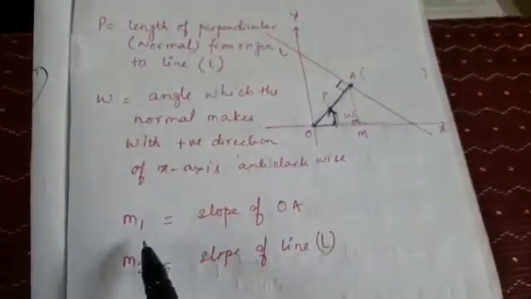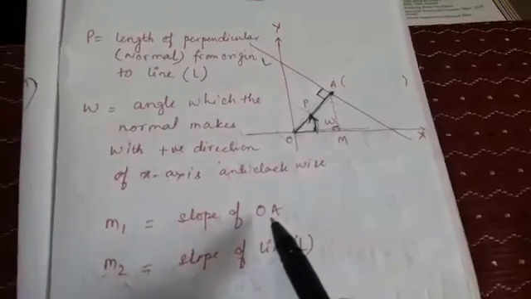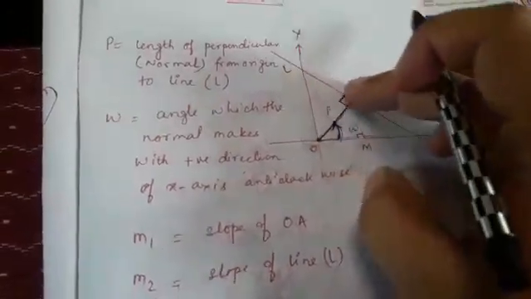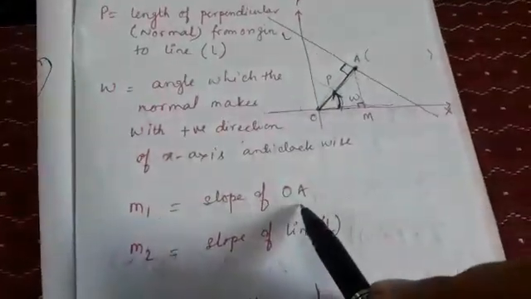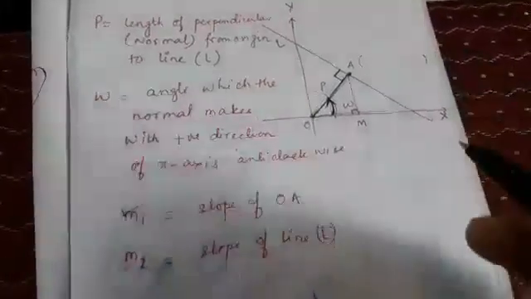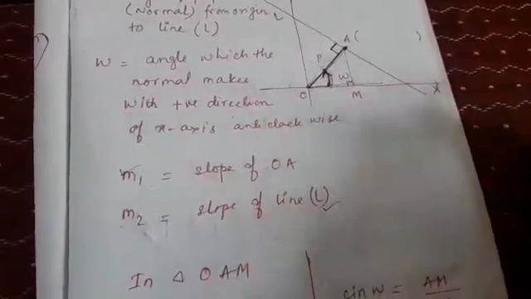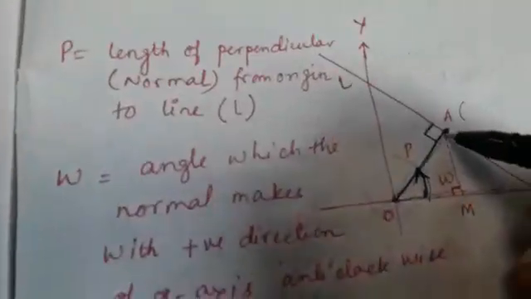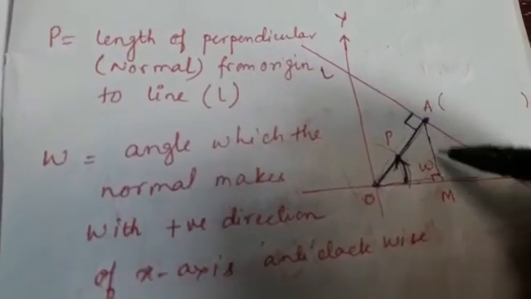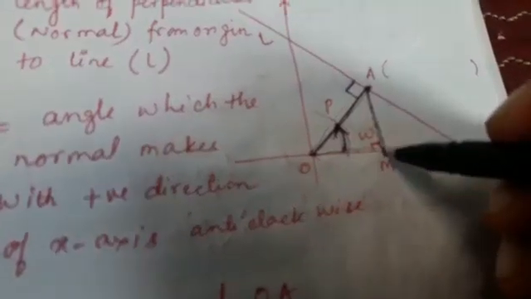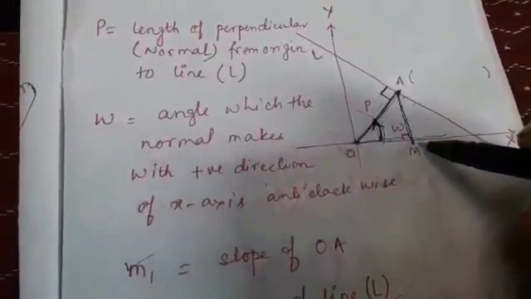Now suppose let m1 be the slope of the line OA. OA is a normal, which means a line perpendicular to this line L. So let the slope of OA be m1, and the slope of the line L be m2. Now if I draw a perpendicular from this point A to the x-axis, it will make a triangle. So in triangle OAM,